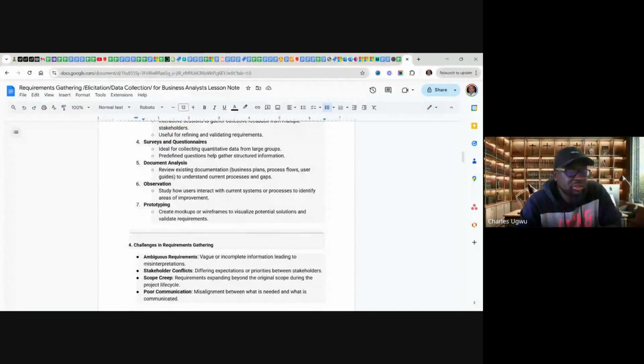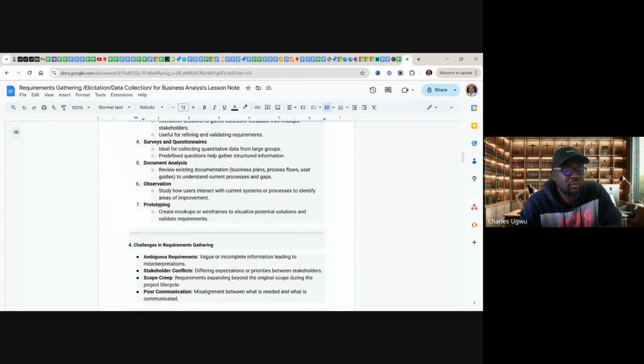And then observation. You might find yourself in a situation where you need to observe. If they are working, we already have a CRM system they are working with and they are still complaining, then you can use the observation method at this point. Go and observe the way they are working on the current system, and then you will really understand the way